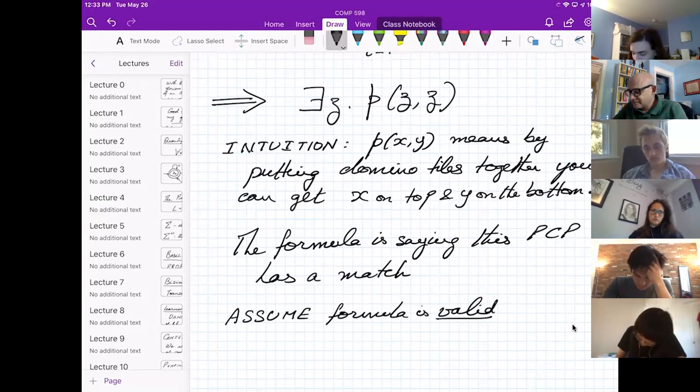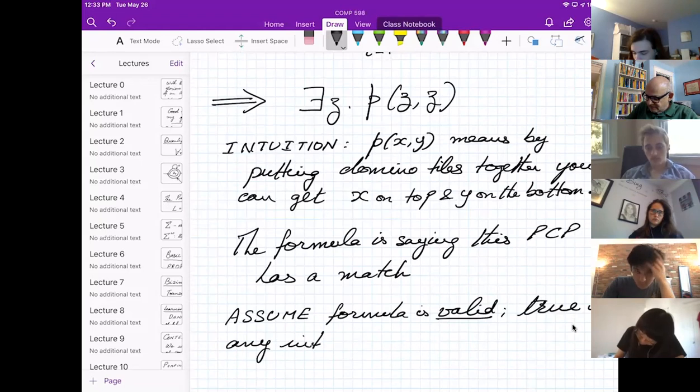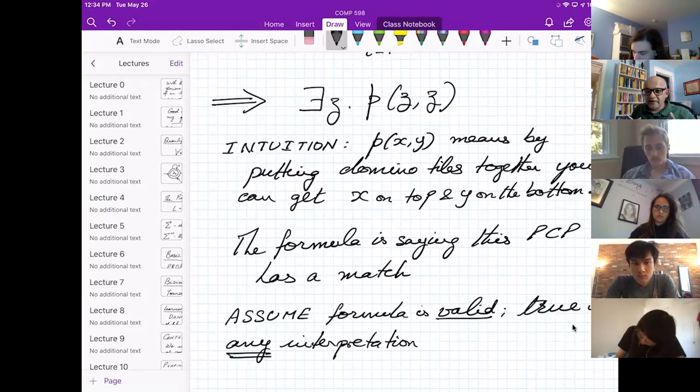That means true in any interpretation. Any. So I can cook up an interpretation that suits my purposes.